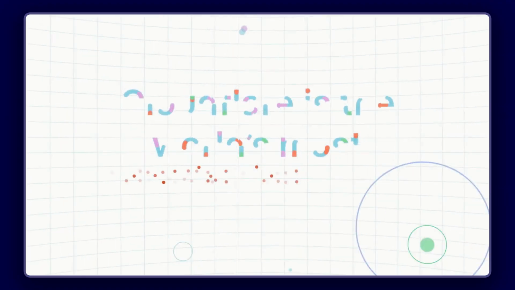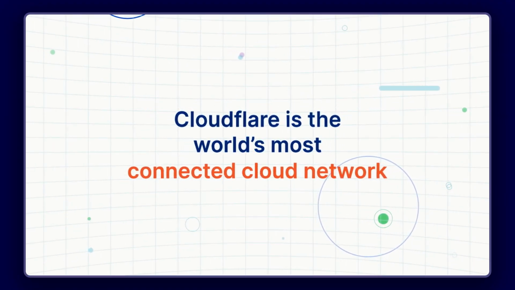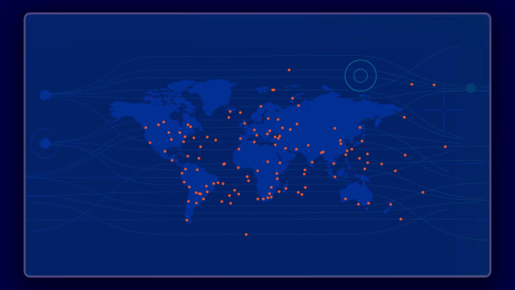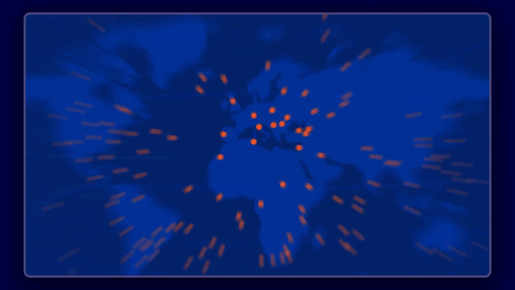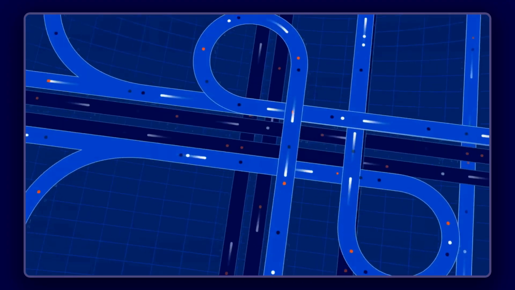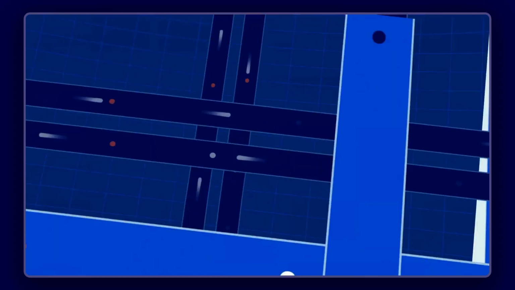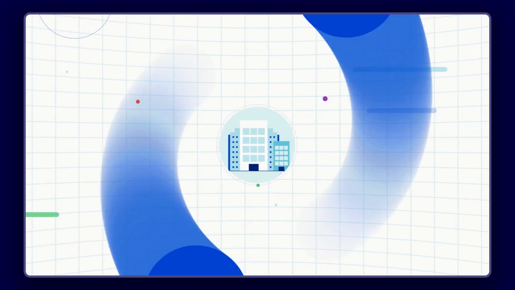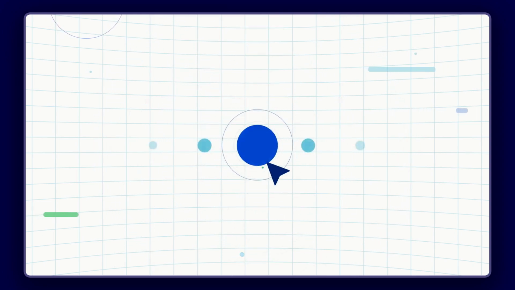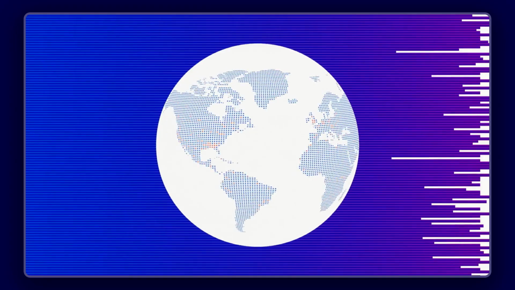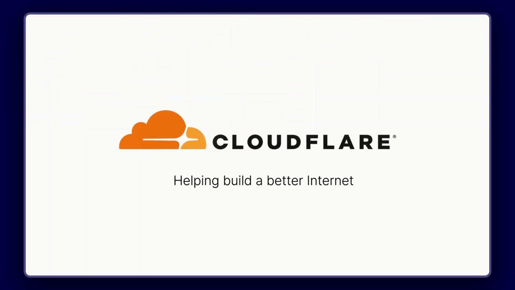That's because Cloudflare is the world's most connected cloud network, spanning hundreds of cities around the world, sitting within milliseconds of customers and employees everywhere. Every location in the Cloudflare network blocks attacks, accelerates traffic, and also deploys serverless code. There are no trade-offs between security and speed, so your business can be safer and faster. Just a few clicks gives your website and network all of these benefits globally. Want to give your business an edge? Discover Cloudflare. We're helping build a better internet.